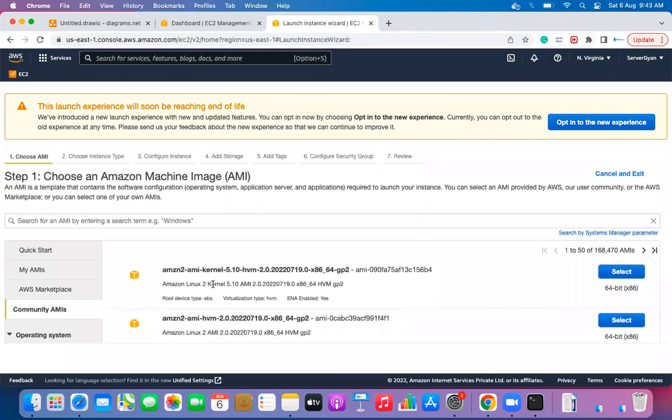Guys, it is usually not recommended to use community AMIs directly in your production environment. If you really want to use a community AMI in production, first of all you need to test that AMI in your development environment and get a security check done on that platform. If everything goes well, your security team says everything is working fine and no issues were found, only in that case will you be allowed to push that image to the production environment, because it may also happen that